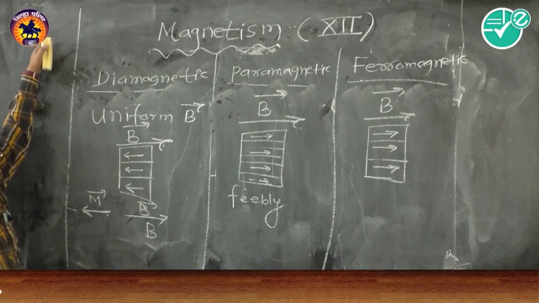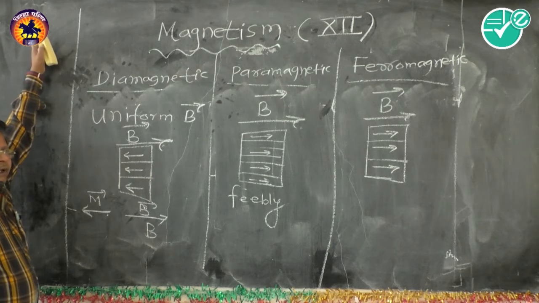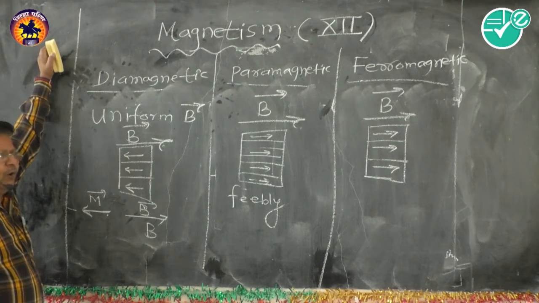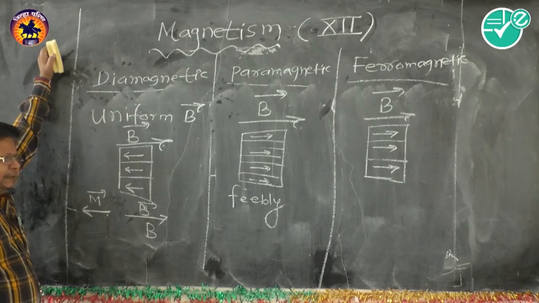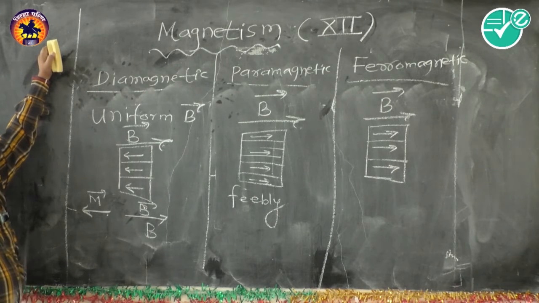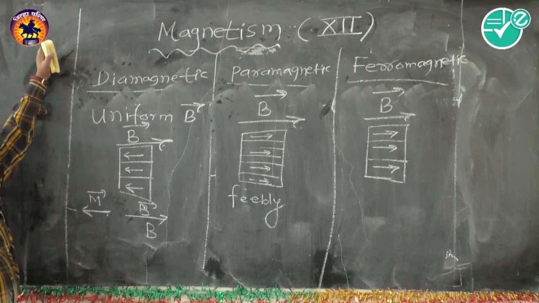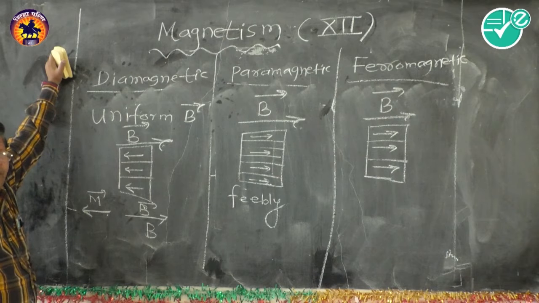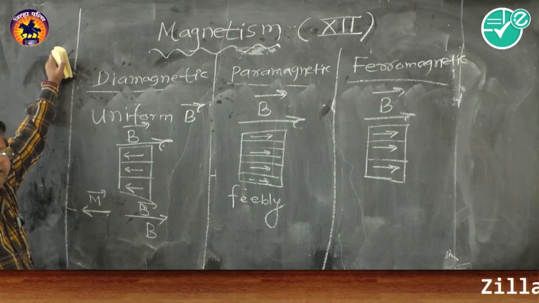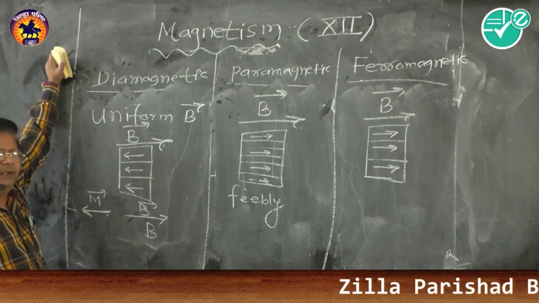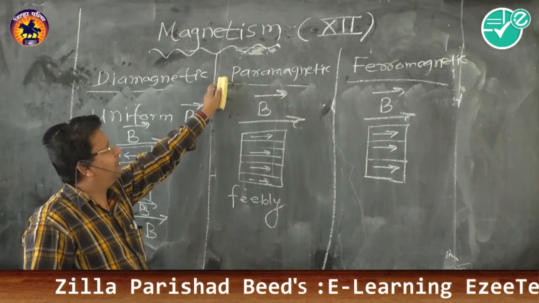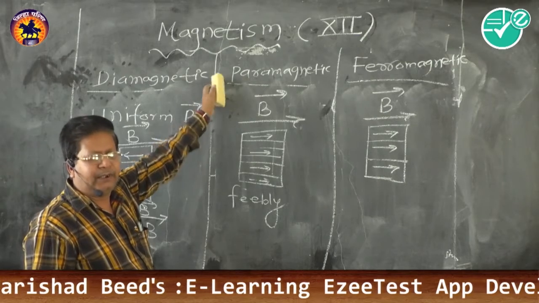A cowboy takes some cows and goes outside the home. Then in the hand of the cowboy there is a stick. That means the stick is the symbol of the magnetic field. If the stick is shown to the cows, then the cows go in one direction, but their speed is very slow. That means they behave like a paramagnetic material.